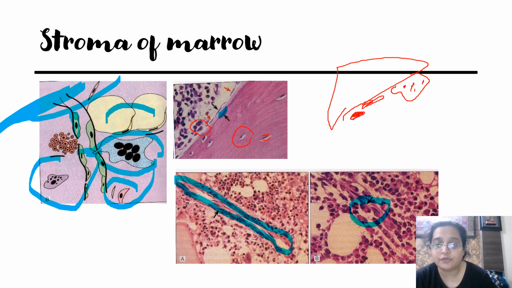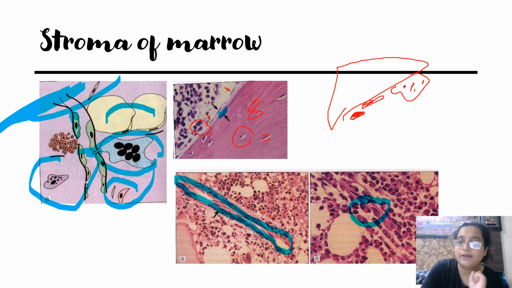If these are absent and you only see these lacunae and no nucleus in them, then that is dead bone. It can commonly occur when the marrow is having necrosis, whether chemotherapy-induced necrosis, or TB destroying the bone, or acute leukemia-associated necrosis destroying the marrow. So these things help you catch whether the bone is alive, which means nothing is wrong and you don't have to worry. If the bone is dead, it means some problem is occurring, and then you should open your textbook and see what the problem is. Alright?